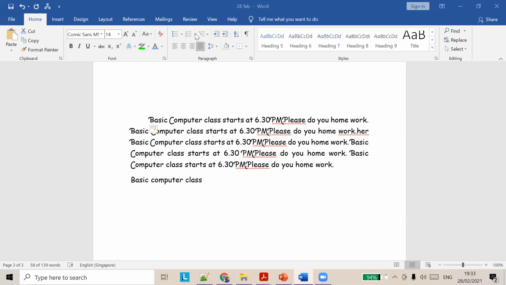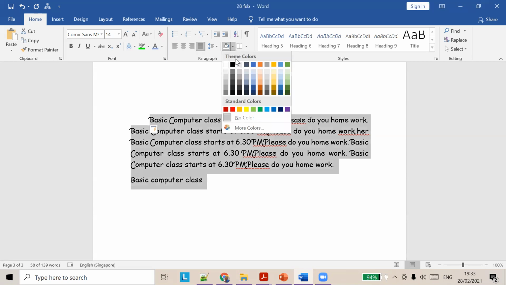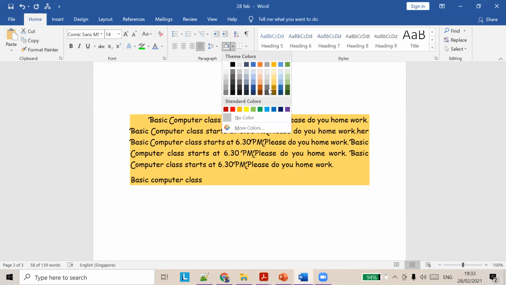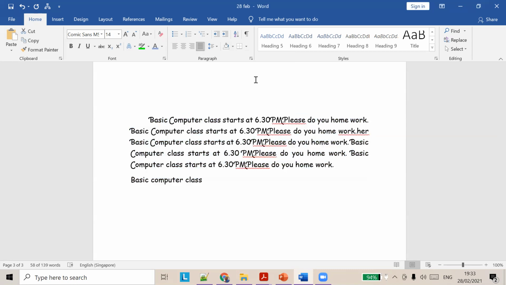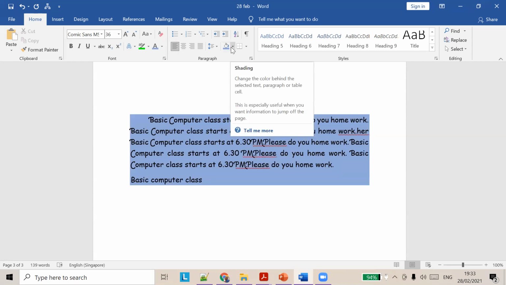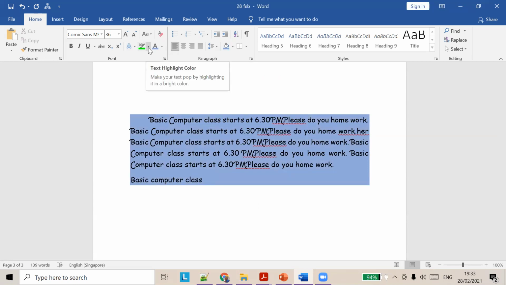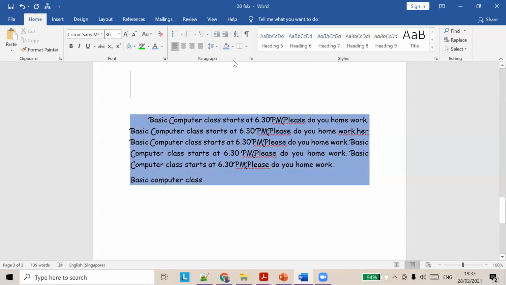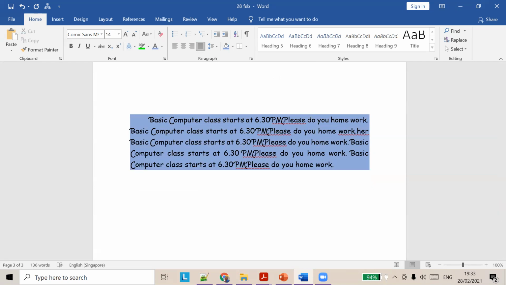Apart from that, we have this, which is shading. So this is paragraph shading.